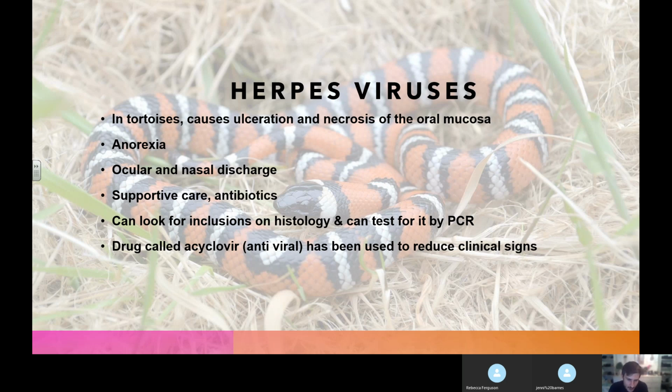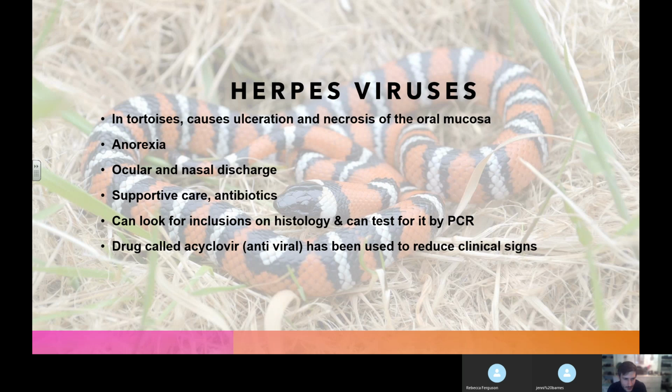There is a drug that has been used to treat herpes virus called acyclovir. Acyclovir is an antiviral medication. It's what they use to treat cold sores and genital herpes infections in humans. So Zavirax is acyclovir, and acyclovir is not going to cure the herpes virus. You're not going to get rid of it from the collection, but it may, to some extent, reduce the clinical